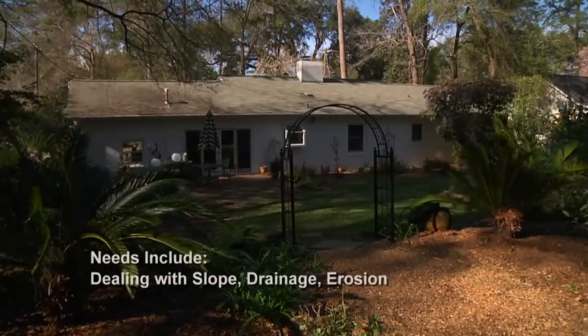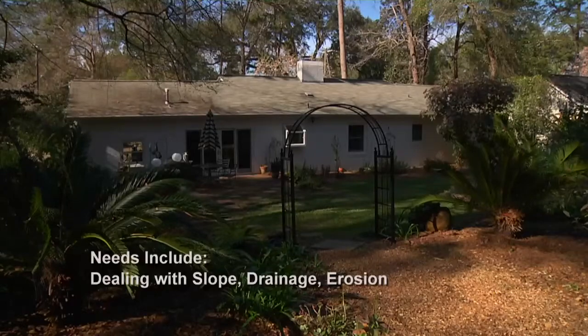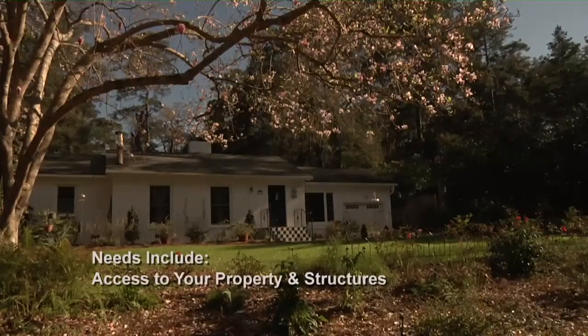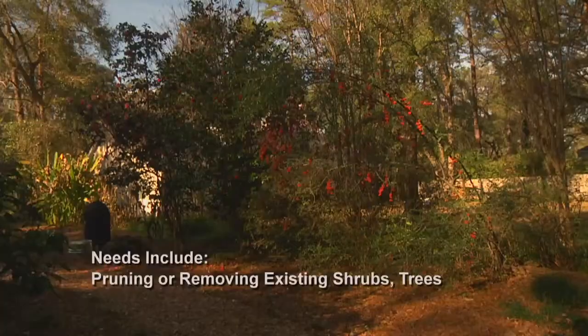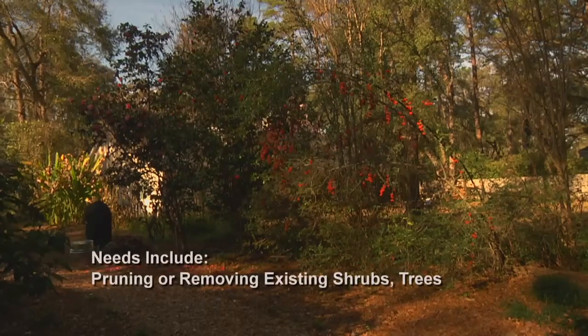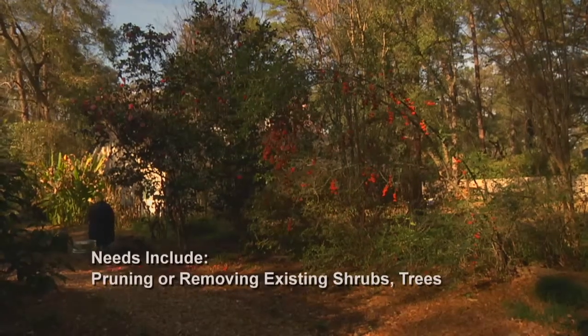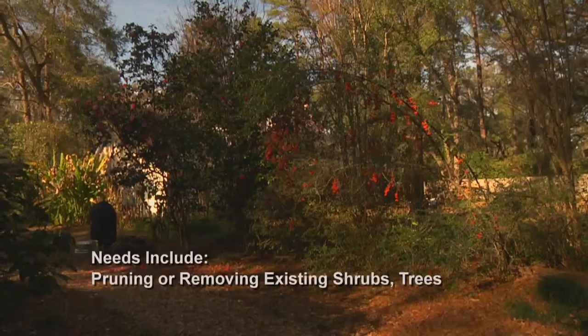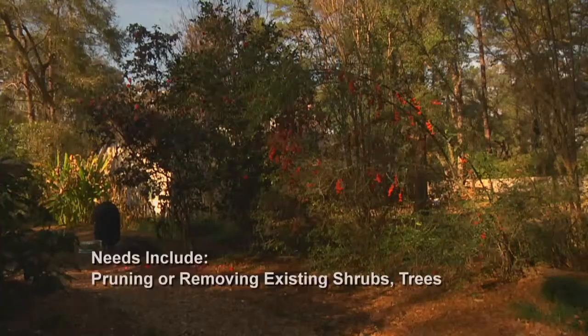I thought for purposes today that we would divide the planning of your yard into two categories: the things that you need and the things that you want. What I put in the needs category are dealing with things like slope and drainage and erosion, dealing with access to your property, ingress and egress in and out of your building and your driveway, dealing with existing shrubs and trees on your property, whether they're healthy, whether they need some pruning, or to be removed if they're planted too close to your house,